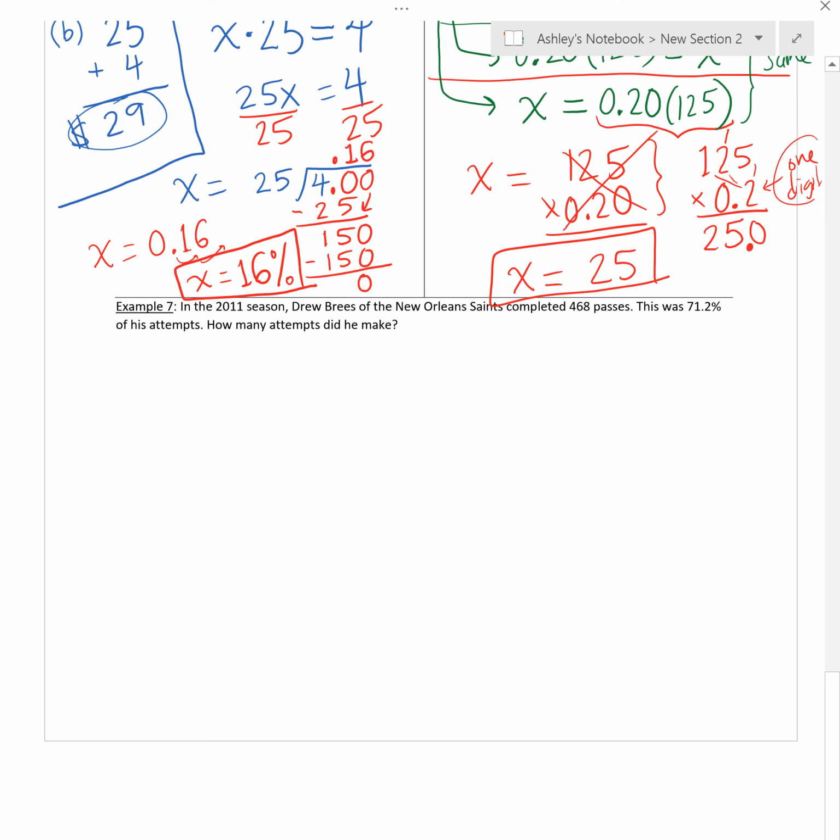Just kidding. Okay. So if you're getting bored, I'm sorry, but this is the last one in this section, and then we can move on to more fun. So this one's saying,